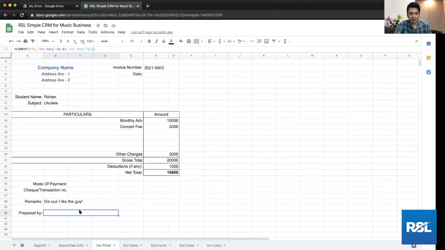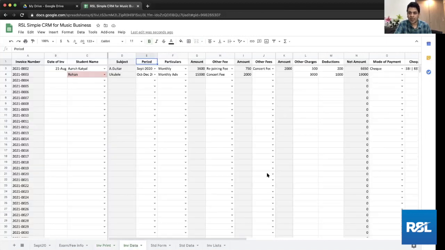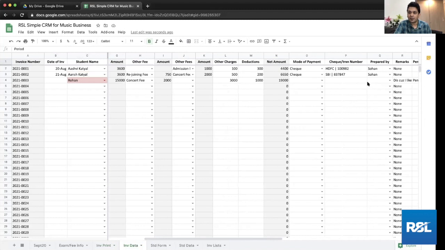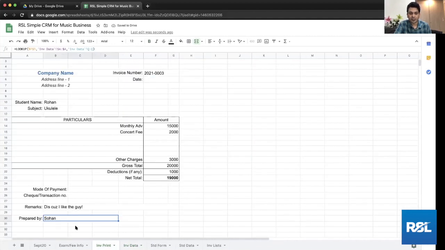I think that field is left blank there. You can go to that and you can see this was left blank. If I click on something, Sohan, now if I go back to that, it will show me the name presented by Sohan. You can press Command P, or Control P on Windows, and you can print this out. Because we are online, we are not going to print out these things typically. We are going to send it by PDF. So I will show you how you do that.